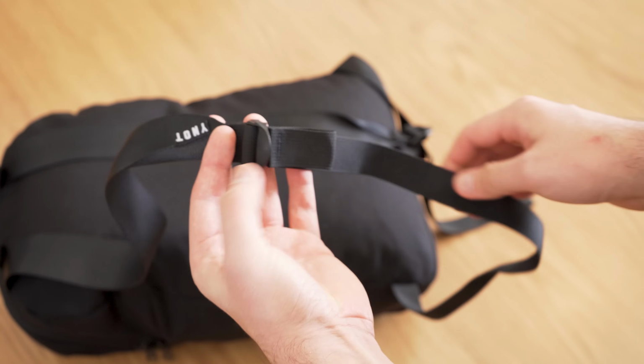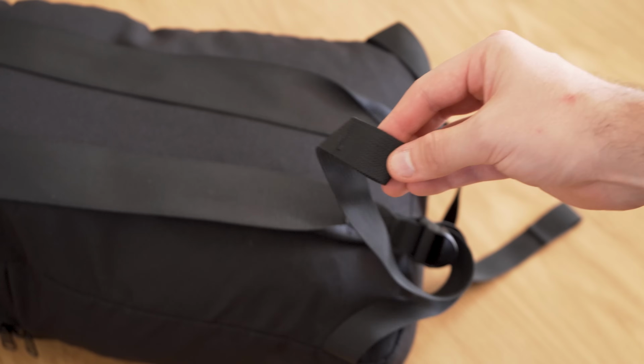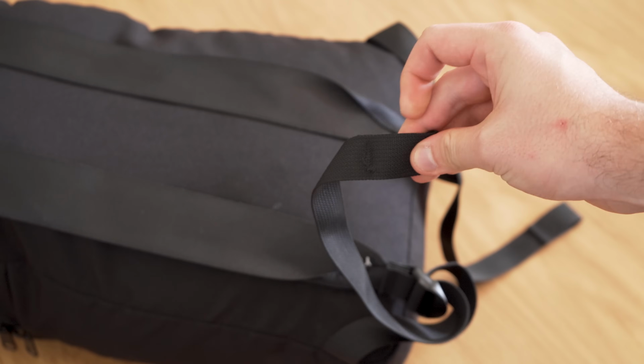Plus the seatbelt straps are pretty easily adjustable due to the plastic hardware here, as well as a small loop on the bottom to grab onto for extra grip if you want to use that. Moving on to that main compartment, the YKK number 8C zippers open up horseshoe style here. And basically what that is, it just kind of stops on the sides here. It doesn't go all the way down fully clamshell, but you have enough room to access the main liter capacity